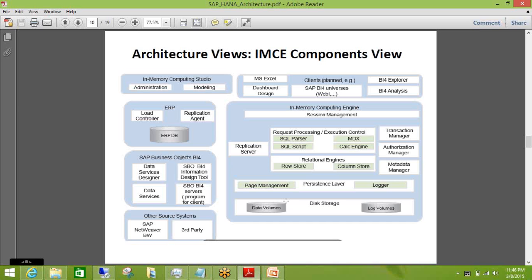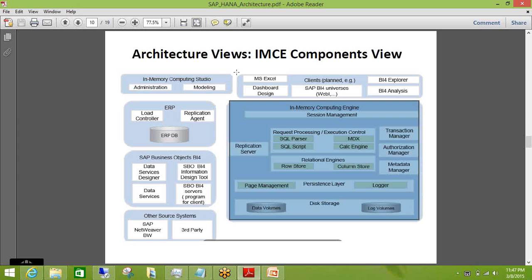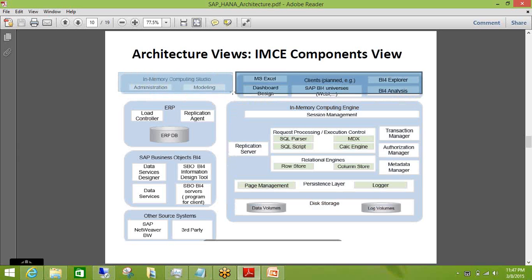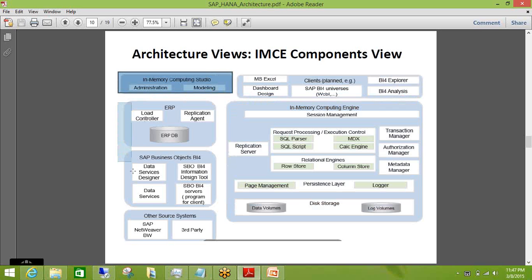And the third component is called your HANA server, which is this server. Your HANA DB resides here. And the fourth component is this BI client tool. So you have 4 components. This is your in-memory computing studio. You have your data sources here. This is your second component.